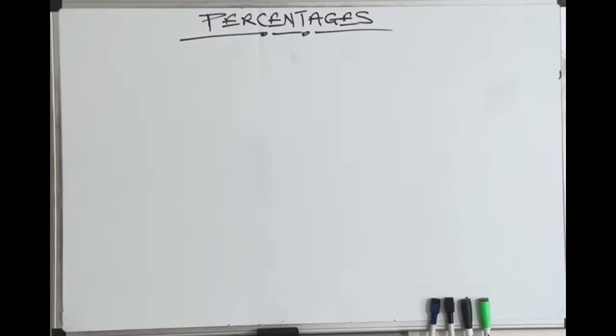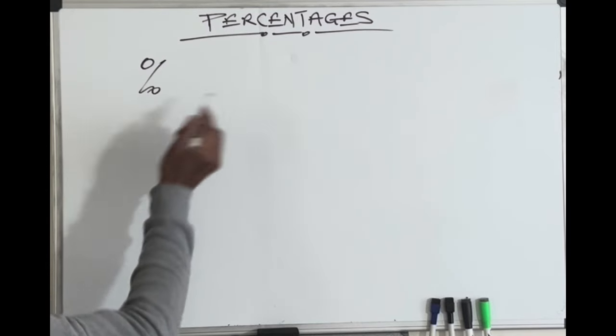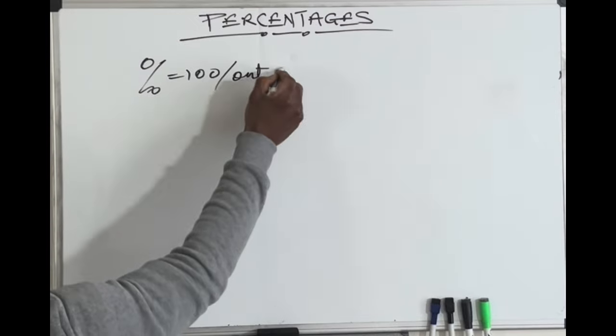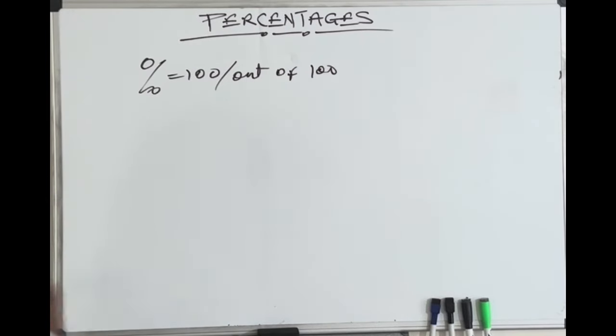Percentages. The use of percentages is a very common practice in everyday life. The percentage sign means per 100 or out of 100. Okay, so when we have this sign, it means what? 100 or out of 100. Okay, so it follows that percentage is really a fraction, and so 18% can also be written as